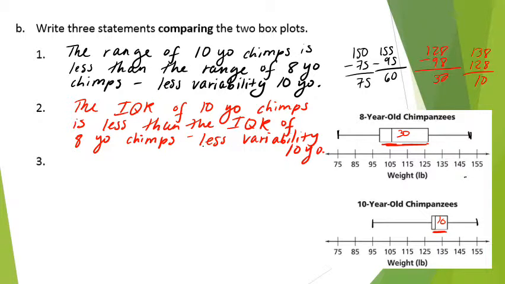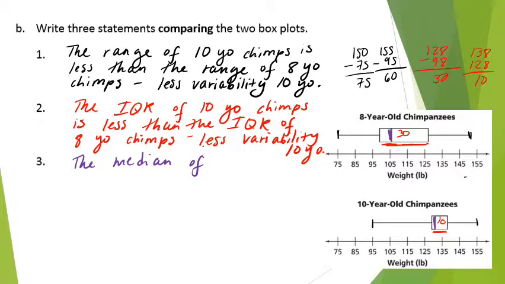All right, let's do one more, and let's think this time about measures of center. So we've talked about variability, that's more about measures of spread. Now let's talk about measures of center. So one way to think about measures of center would be to look at the median. And so in this case, I may be noticing the median values are a little bit different. So I'm going to notice here the median